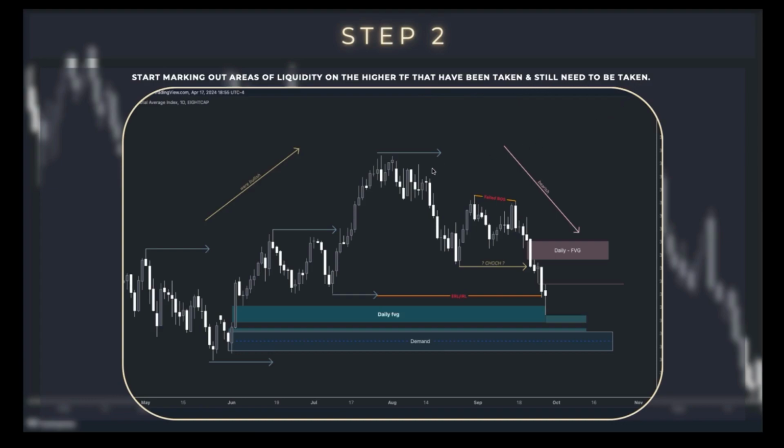So staying on that same time frame, you are now going to mark out those areas of liquidity. As you can see, I marked out that daily fair value gap. This ERL for me is liquidity, but as you can see, anything could be considered ERL or IRL. And then I also marked out this other little fair value gap down here, and even this demand zone. Pretty simple, pretty easy. And as you can see, there's another tiny little fair value gap down here, which is very important,